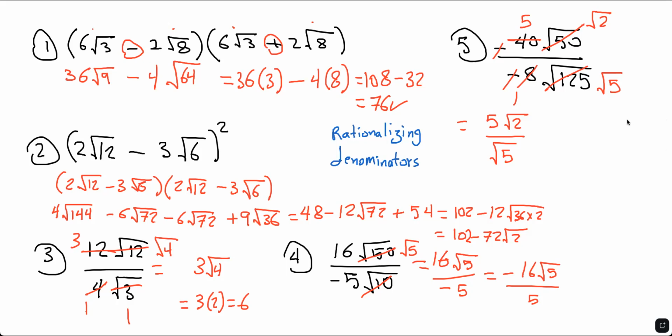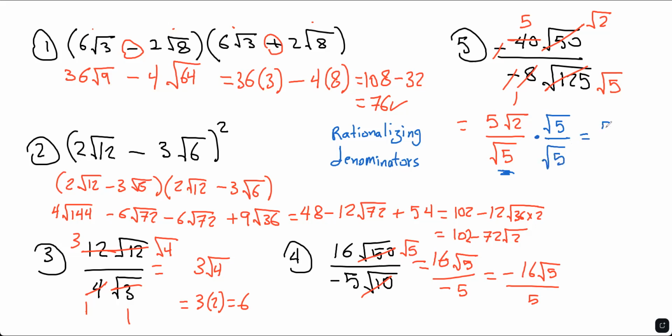So what does rationalizing denominators mean? We don't like having a square root on the bottom, and we want to get rid of it. How do we get rid of the square root on the bottom? If I multiply this fraction by root 5 over root 5,